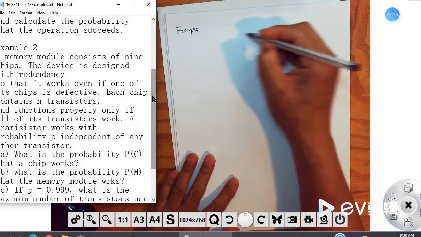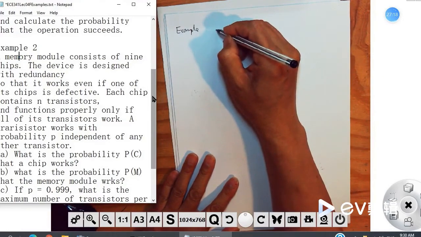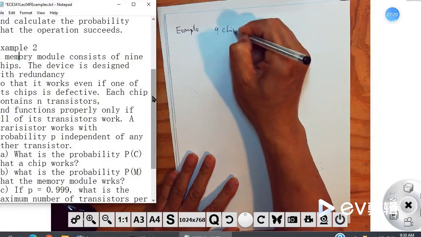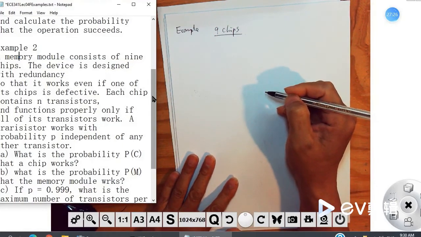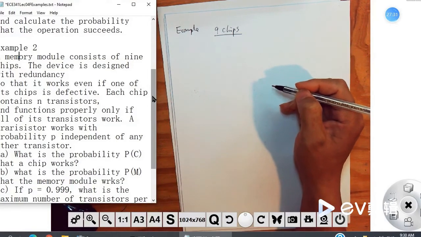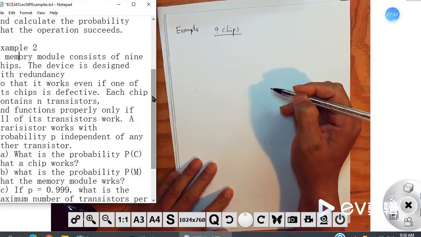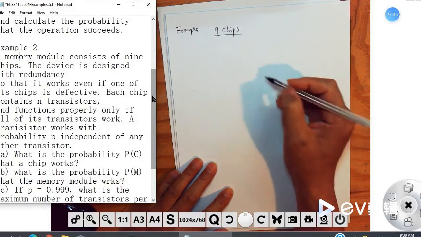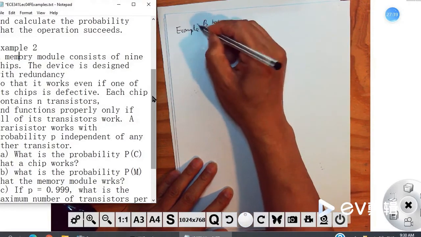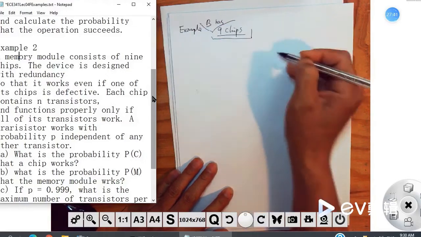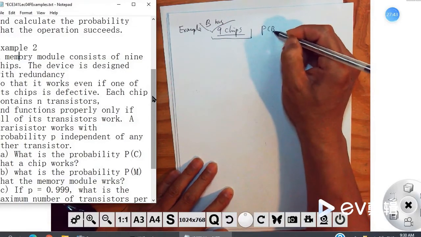The device is designed in a redundant way, so that it works even if one of the chips is defective. So I say B contains 9 chips, and the probability B works is equal to